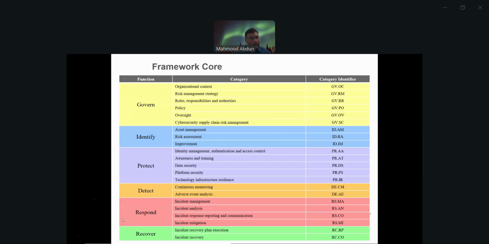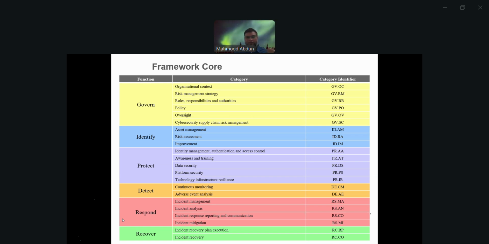All right. So this slide is showing us the core. As I mentioned, the core is composed of 6 functions in NIST-CSF version 2 or 5 functions in NIST-CSF version 1.1. Previously, it used to be called IPDRR: Identify, Protect, Detect, Respond, and Recover. Now it's GIPDRR: Govern, Identify, Protect, Detect, Respond, Recover.